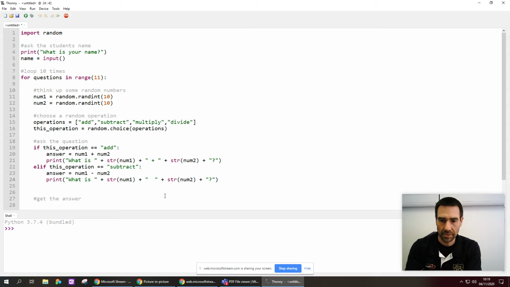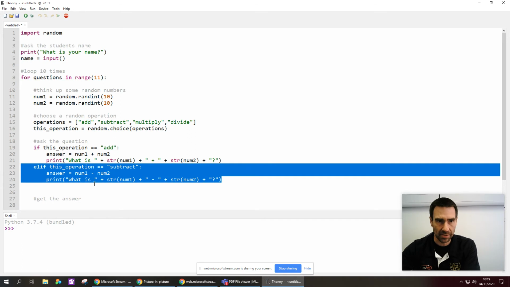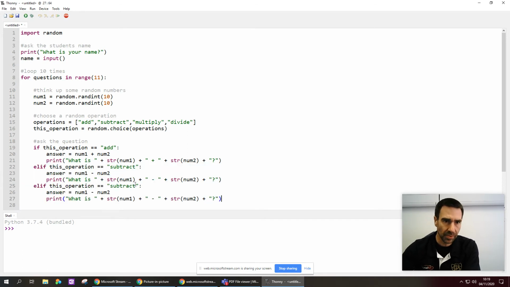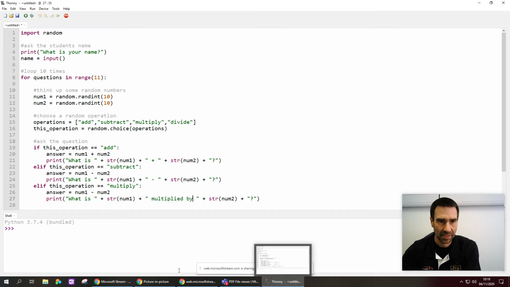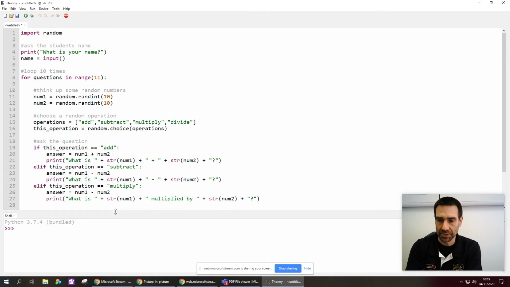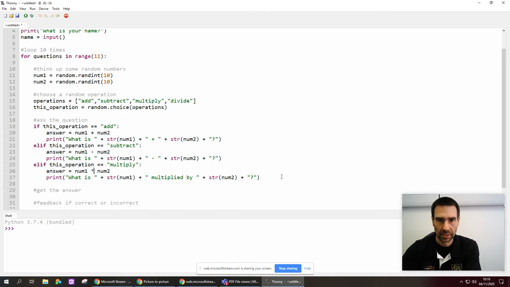Okay, we've got to do all of that again for the subtract, but instead we're going to have subtract, and I guess basically I can just copy and paste this, I hope, to do multiply. It's not going to work if I spell things wrong, it's going to be some debugging. That's got to be it. Oh, I could do a symbol for multiplying, I don't know. Multiplied by, and then when I'm working out the answer for the computer, that symbol,